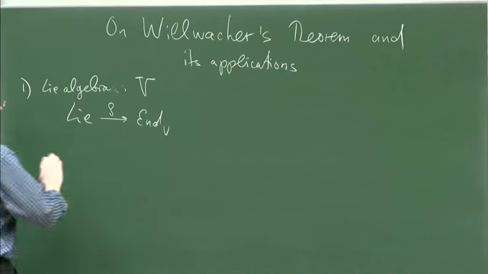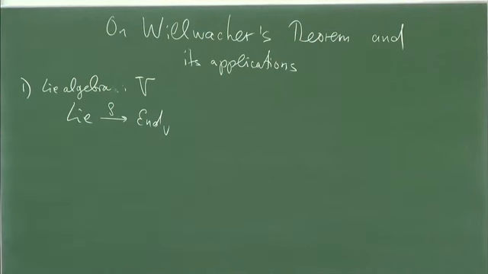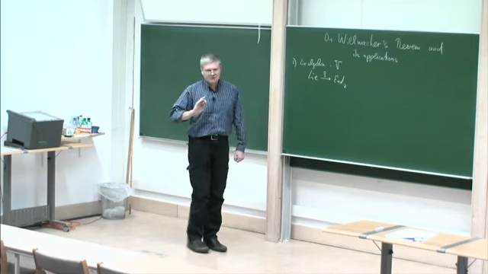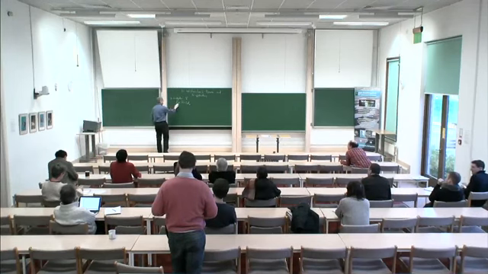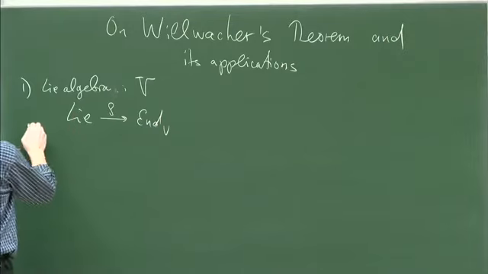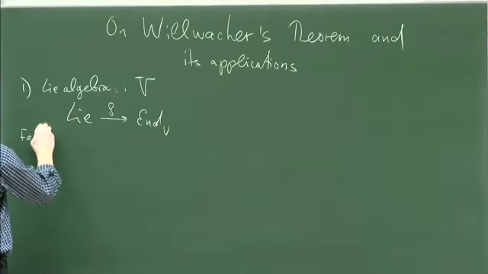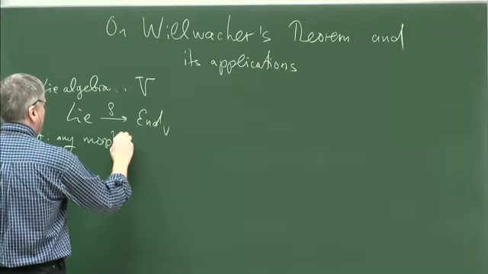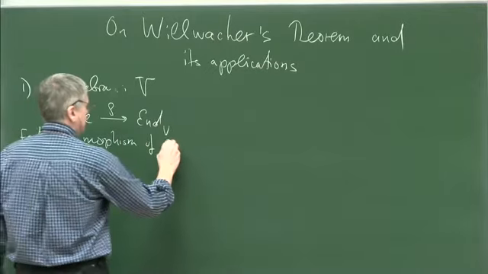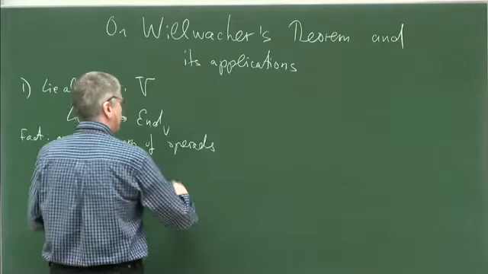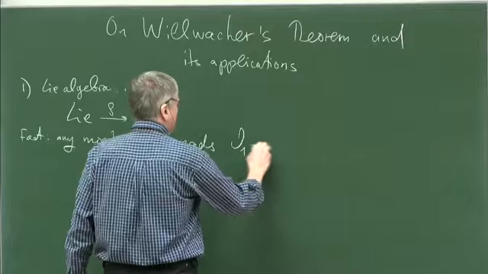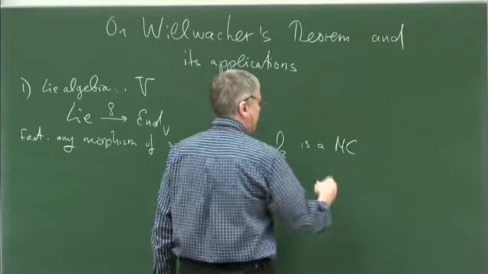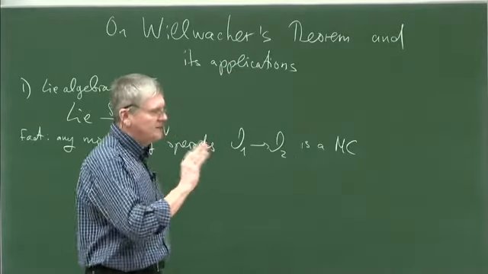Right? Moreover, even better, any morphism of operads is a Maurer-Cartan element in some differential graded Lie algebra. So let me start with this, because this will then be twisted. General fact: any morphism of operads, say from operad 1 to operad 2, is a Maurer-Cartan element, in fact well defined, in some Lie infinity algebra in general.